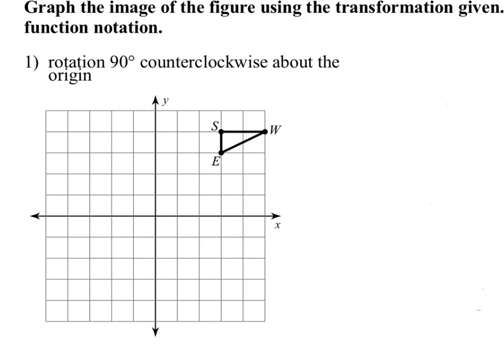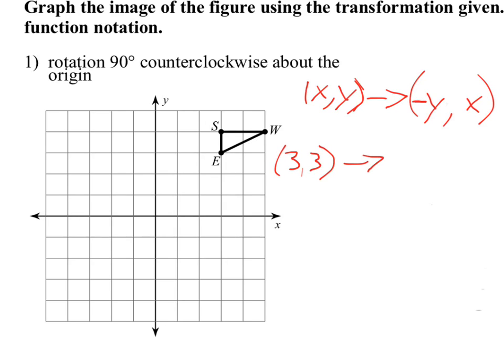That's counterclockwise. And in case you forgot, the function that does that is xy goes to, and you got to change the order of your coordinates, and you're going to have to change the sign on your new first coordinate. So if you were to take a point like E, which is at 3, 3, and if you change the order and you change the sign on the first one, you'll get negative 3, 3. That's right here, negative 3, 3. So there's E prime, and